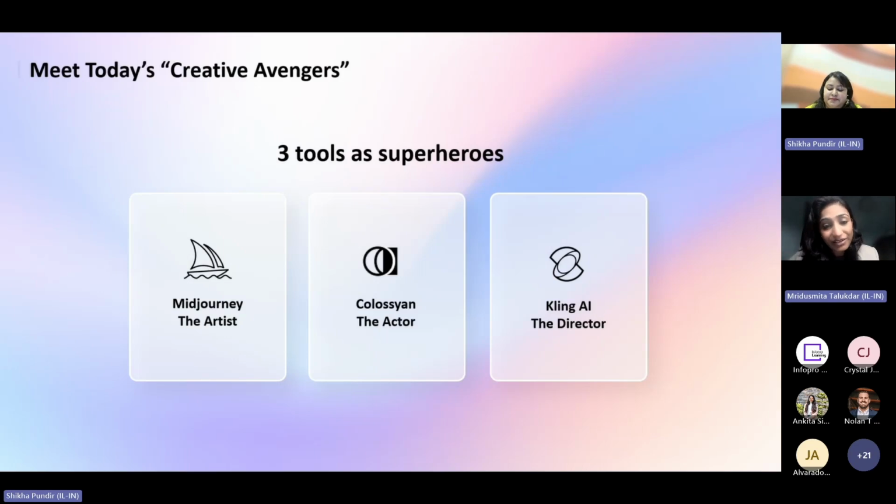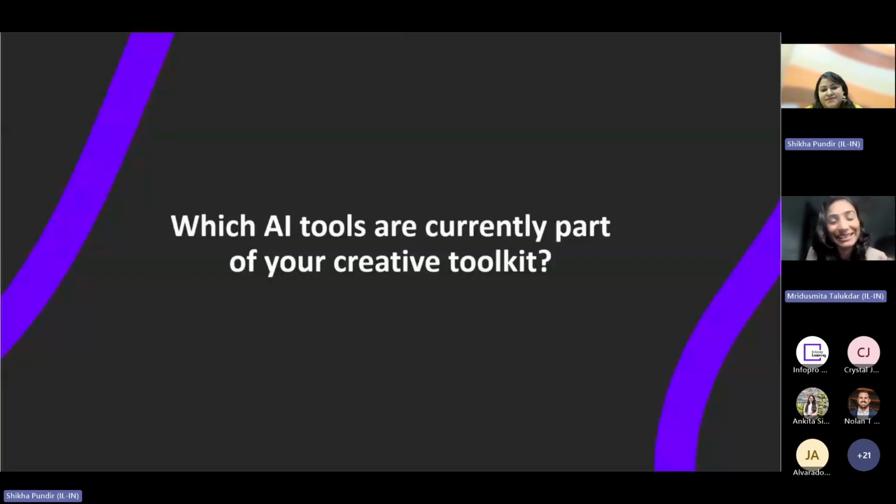So great. These are the three that I think we wanted to use hands-on today. Let's move Colosan out of the scene today. Maybe we'll pick it up next time when we meet you guys again. So, Shikha, I think it's your time and you're the hero for the next part, walking us through what it really looks like.